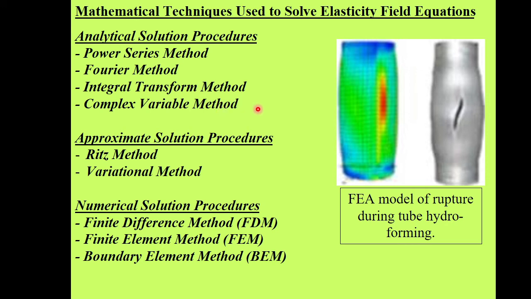So what we do for the solution of such nonlinear problems? These are some of the pure analytical methods, but their applicability is very limited. We are not going into that. Then there are some approximate solution procedures. The variational method is one such, the energy method, whatever. These are some of the methods that we will be discussing afterwards. So these are approximate solution procedures.